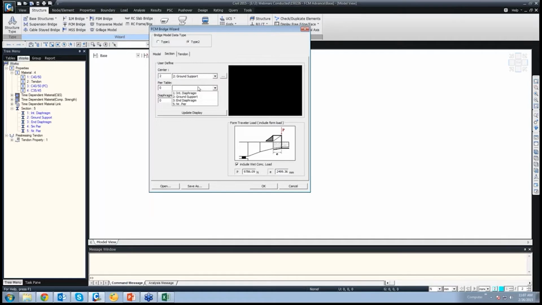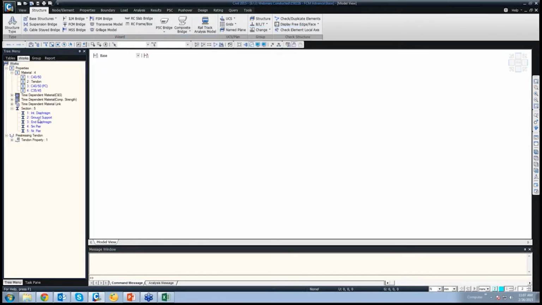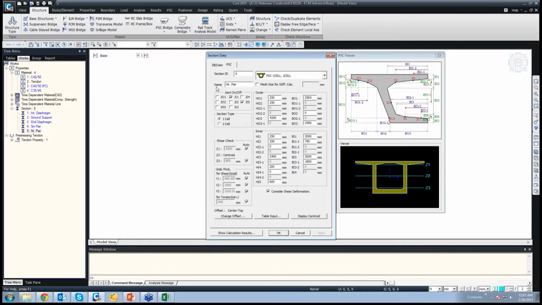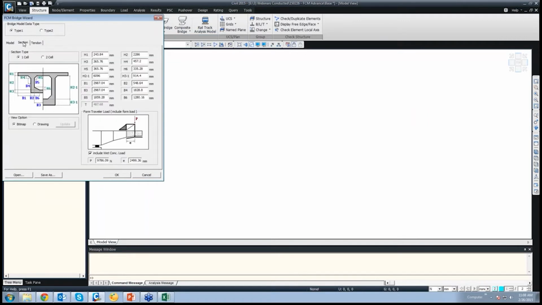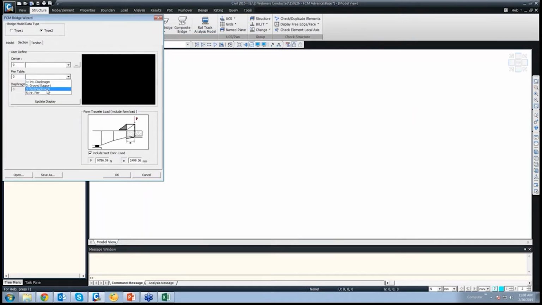At the pier table, we'll be taking the, okay, that section is not defined, so I'll quickly import that section, near pier section. Okay, it's there.